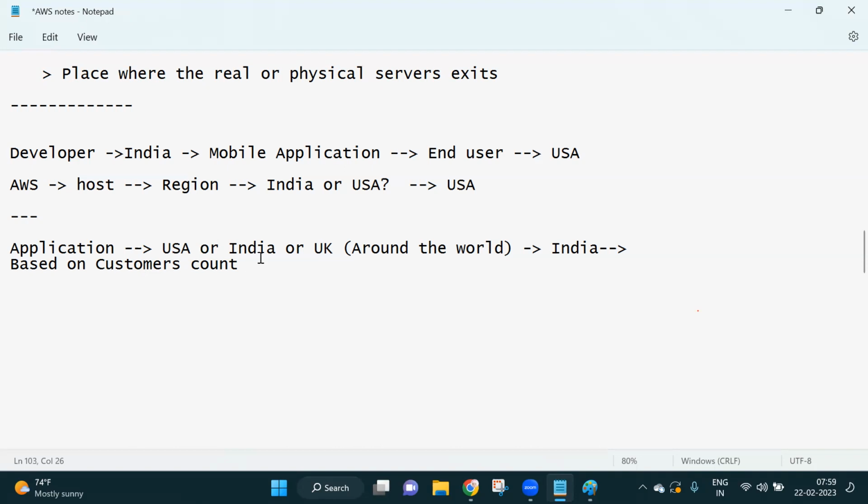Initially itself we can't know, Jaya, but once we have the historical information, we know. When we develop an application, definitely we know who we are targeting. If you take Amazon, initially Amazon will target some country. If you take Flipkart, it's an Indian-based company. They will target someone. Based on that, we have to select the region.